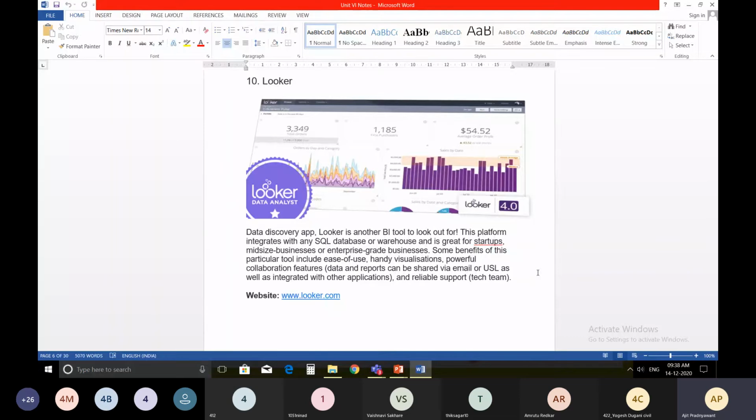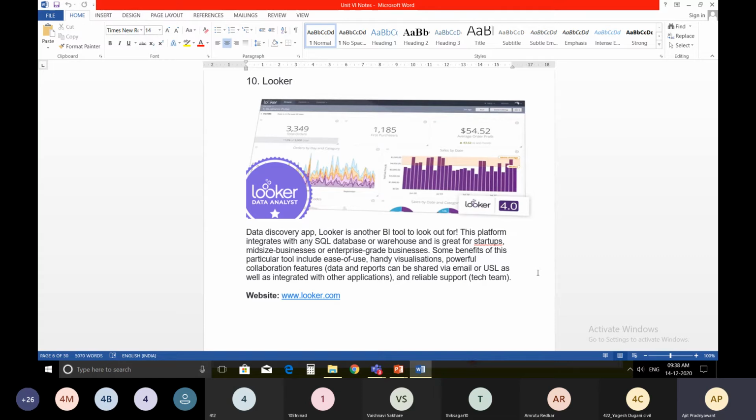This platform integrates with any SQL database or warehouse and is great for startups, mid-sized businesses, or enterprise-grade businesses. Some benefits of this particular tool include ease of use, handy visualization, powerful collaboration features, data and reports that can be shared via email or URL as well as integrated with other applications, and reliable support.